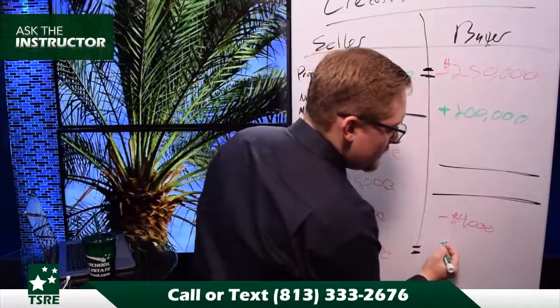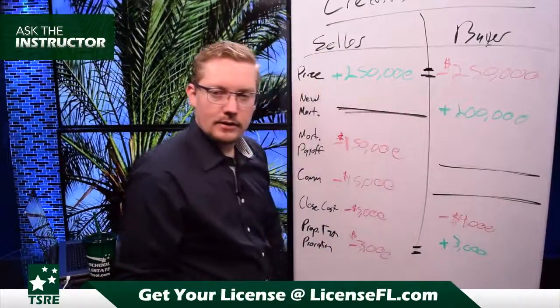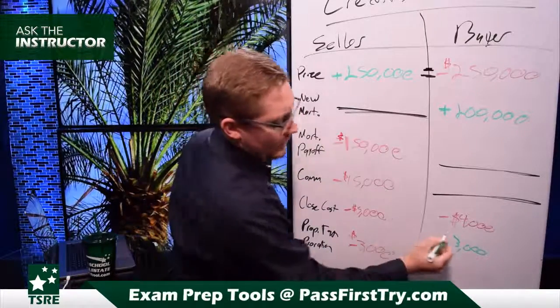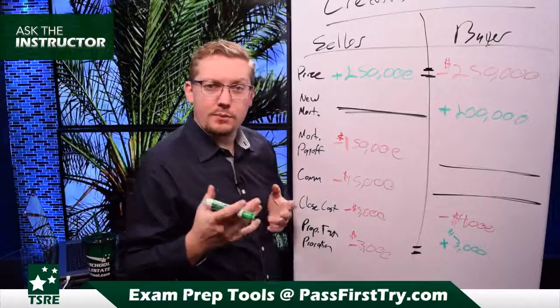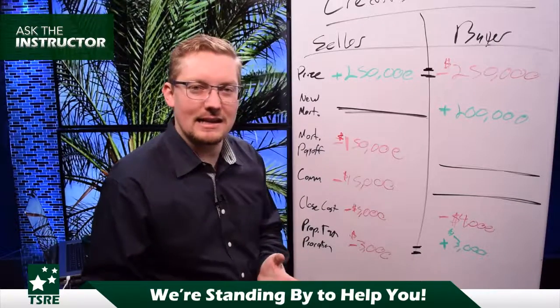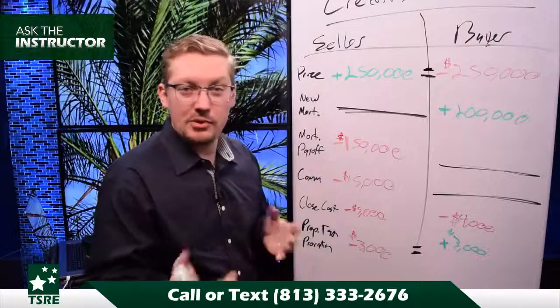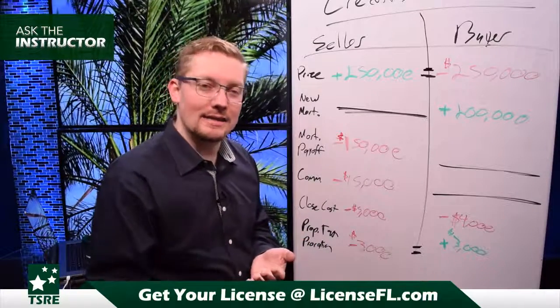Well, that's actually going to be received by the buyer. Now, why is the buyer receiving this money? Why is this not going to the taxing authority? Because the taxes aren't payable yet. That's why we do a proration for property taxes, because the taxes aren't payable yet. Because otherwise it'd be a lot easier just, okay, let's just pay it all in advance, or let's just pay it all after. But we usually don't have that option because the taxes in Florida don't become payable until November